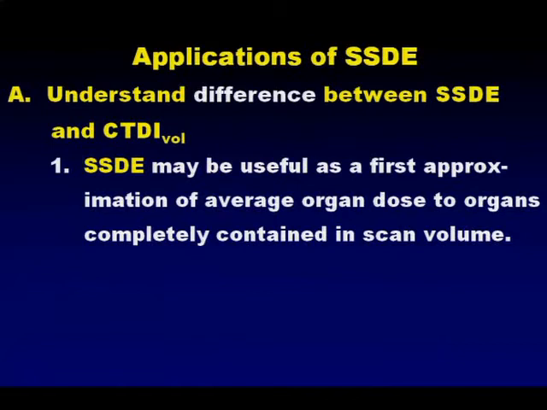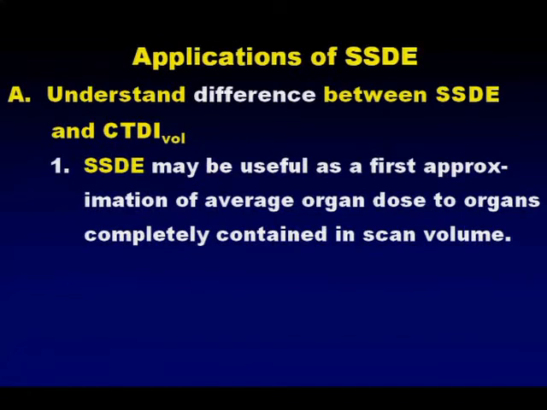SSDE can be used as a first approximation. Now notice I said first approximation of the average organ dose to the organs completely contained in a scan volume. If I irradiate the abdomen, because the liver as an organ is relatively large and it covers a large cross-sectional area of the axial scan, the SSDE is not going to be a horrible first approximation of the organ dose to the liver. Now, if I've got a small organ located somewhere in the abdomen, the approximation is not going